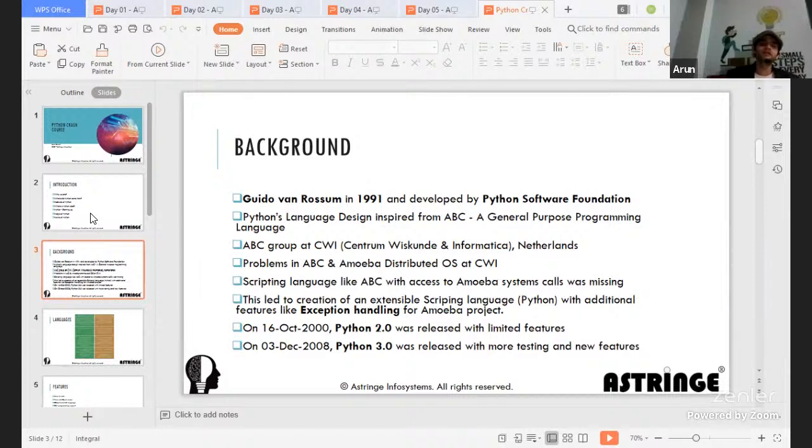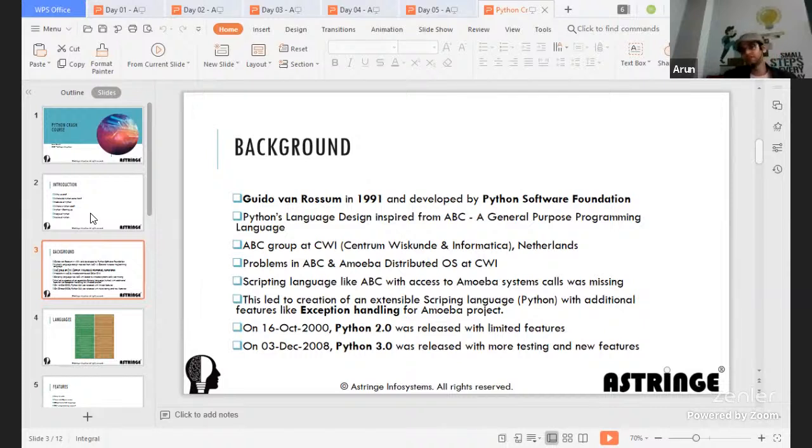When he learned over there, they had their own operating system, the Amoeba distributed operating system. Ultimately, with any operating system, if you want it to do some operation, you need some commands, and those commands could be used through either a high-level programming language, a low-level programming language, or machine language. Machine language definitely cannot be understood by typical humans, but at least assembly language could be used. But assembly language was also used, and afterwards high-level programming languages started, back then in the 1980s.